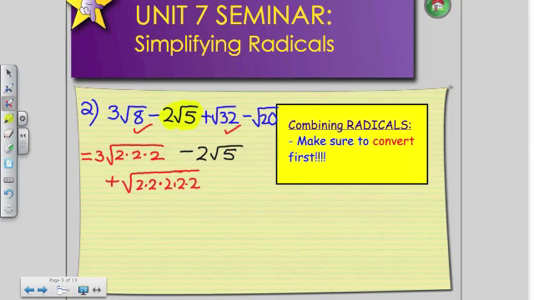And finally, root 20 just breaks down into 4 times 5, or 2 times 2 times 5. Now you don't have to always write this step down. You can do it on a scrap piece of paper, but remember that you have to be able to visualize it to correctly transform from an entire radical to mixed radicals. So now I'm going to highlight my pairs of numbers, and I'm going to